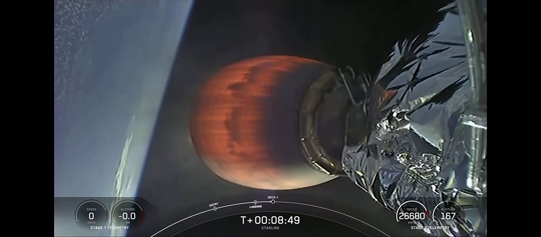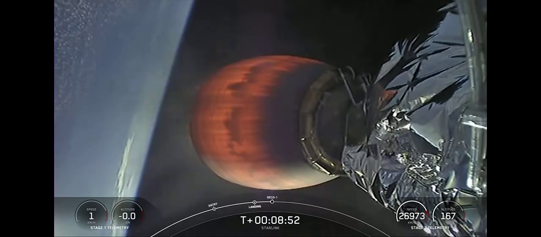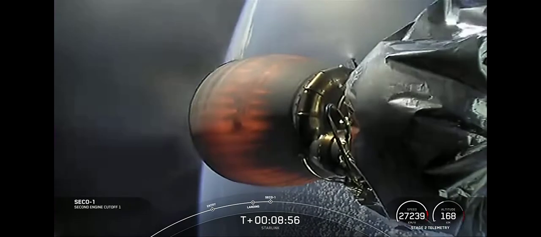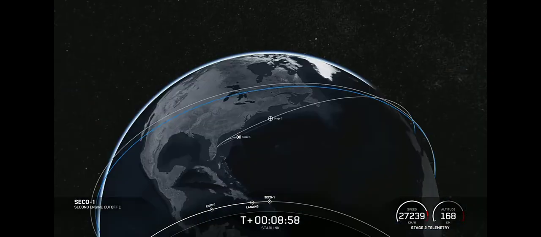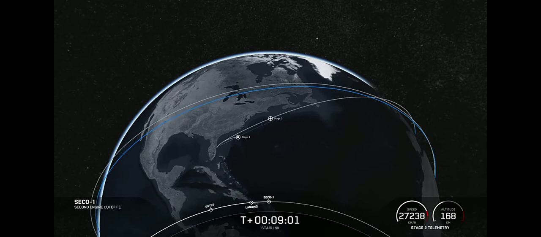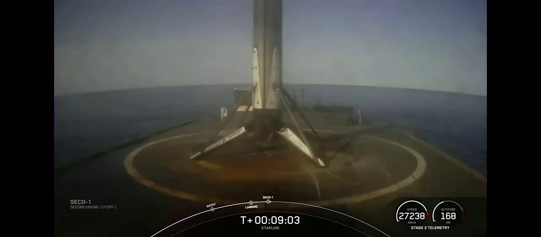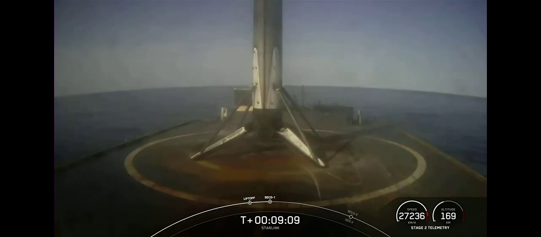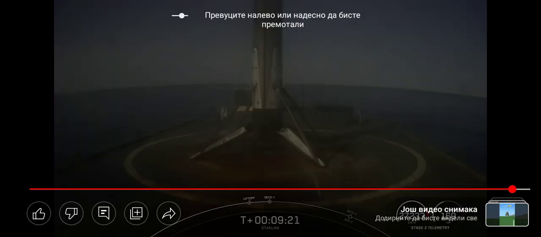And we are coming up on SECO, which is second stage engine cutoff 1, in a few seconds. Second stage engine cutoff. Nominal parking orbit. And great callouts. We just had SECO 1, that's second stage engine cutoff 1, with a confirmation of good orbit. So with that successful confirmation,